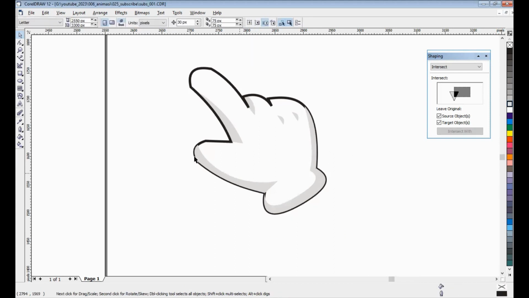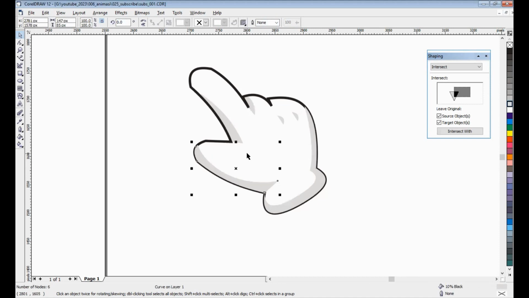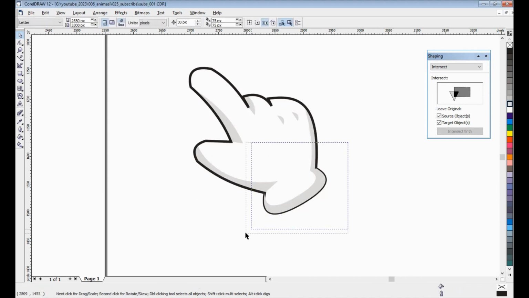But the bottom of the illustration, like this. Okay.